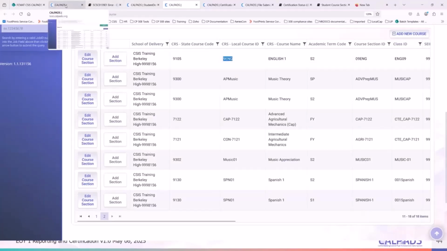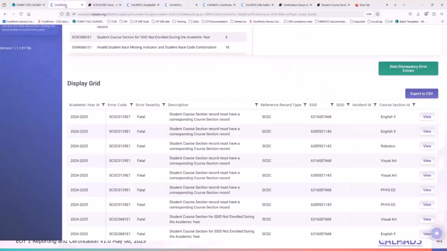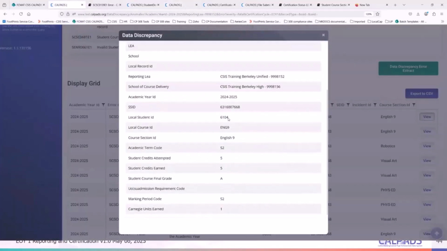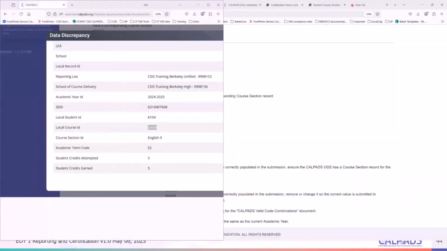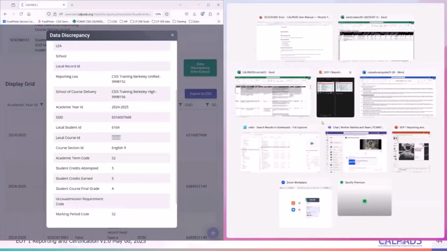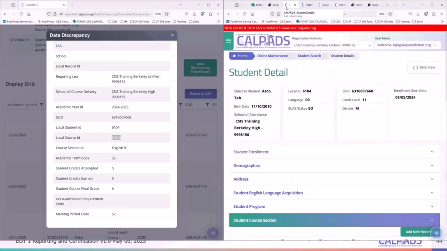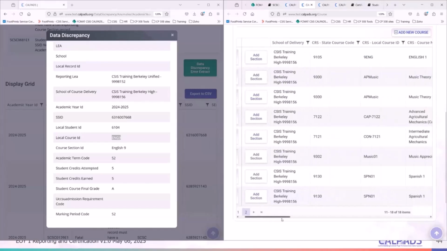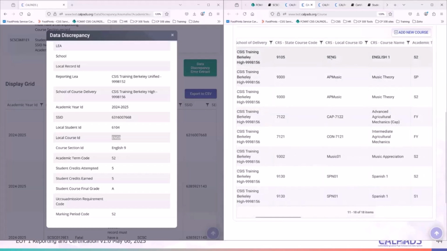You have that local course ID, it's the same. So you have English 9, but it turns out your local course ID here is 9 English.